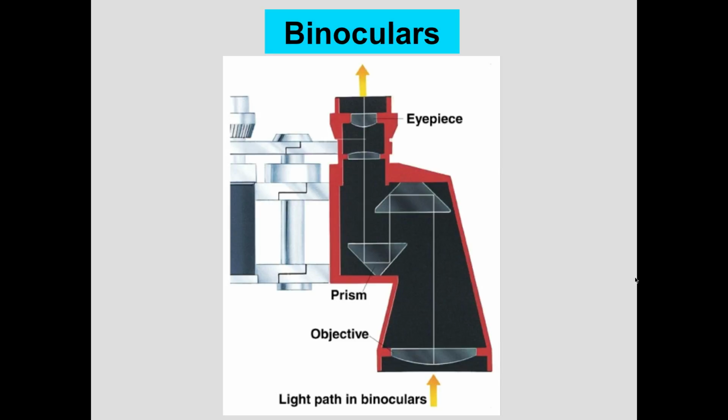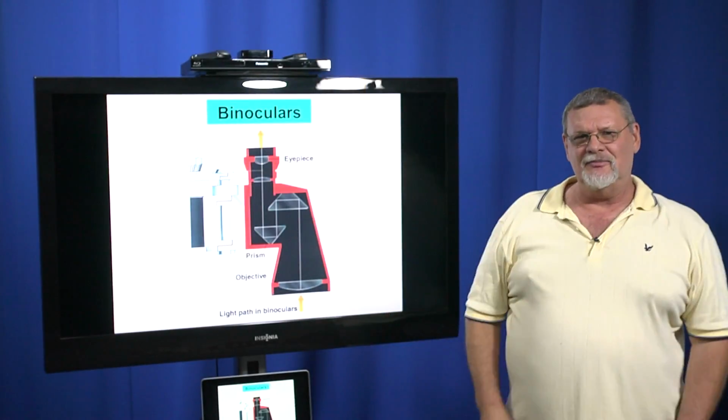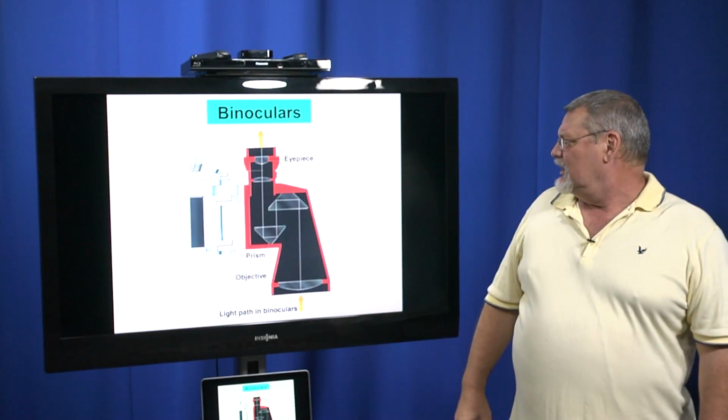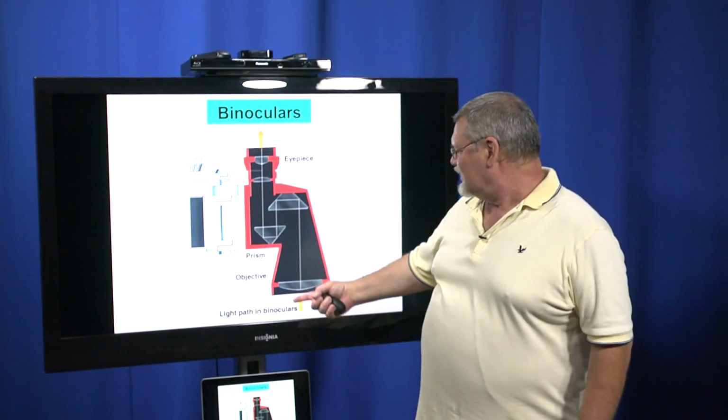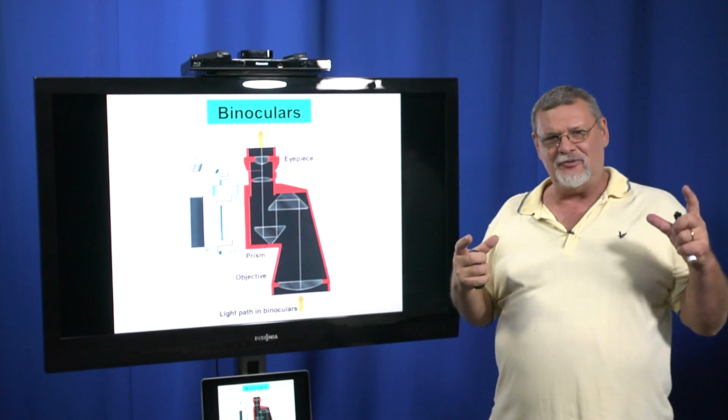Quickly, binoculars. If you have a pair of binoculars, get a good, nice pair, and you can look at objects in space. They're really pretty good because they give you a wide field of view, but also a good magnification. Essentially, the light comes in on the objective lens, bounces through two prisms and goes out that way. That's why they're shaped the way they are.